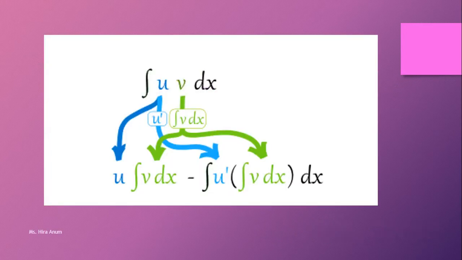In this we have two functions. In the integral sign, integral u multiply v dx. Then we take the first function as it is, taking integration of the second, minus integration of the bracket, taking the derivative of the first function and the integration of the second function, and both products' value integral, taking integration of both functions' product.